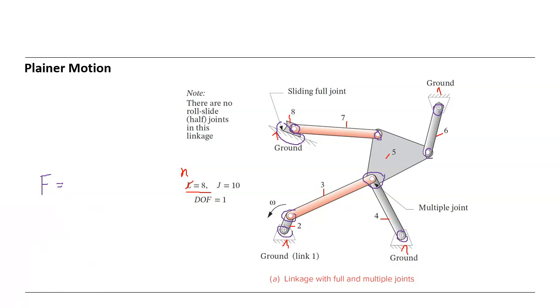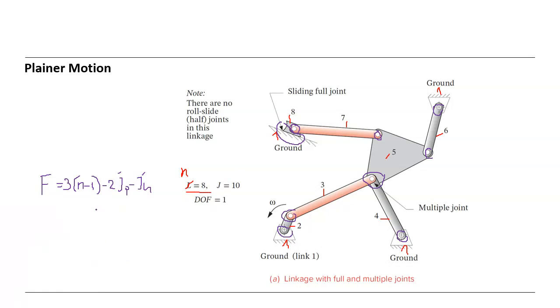F is equal 3 times n minus 1, minus 2 joint primary, minus joint higher order. So if we say we have L is 8, so 3 times